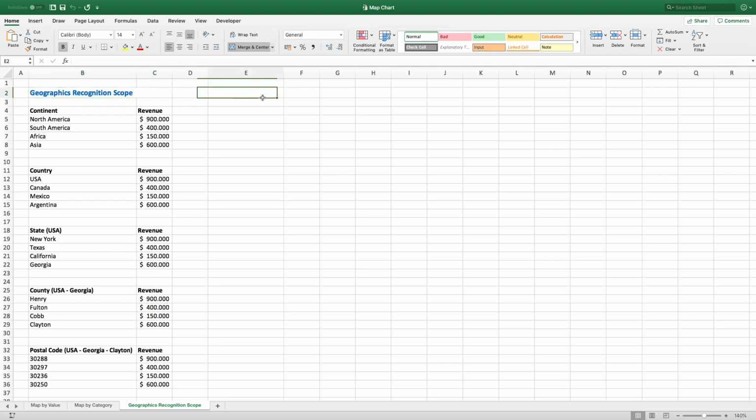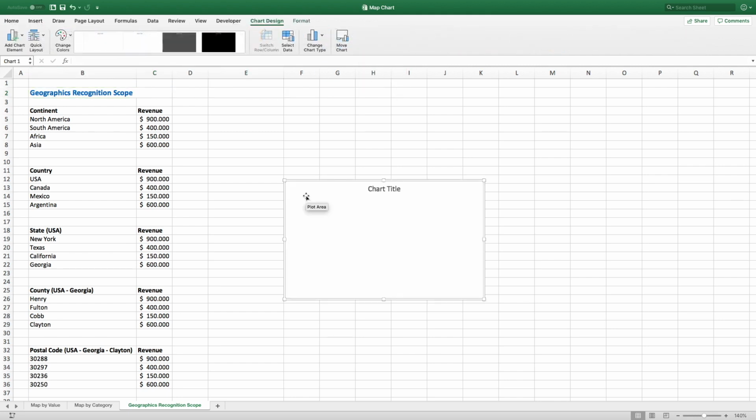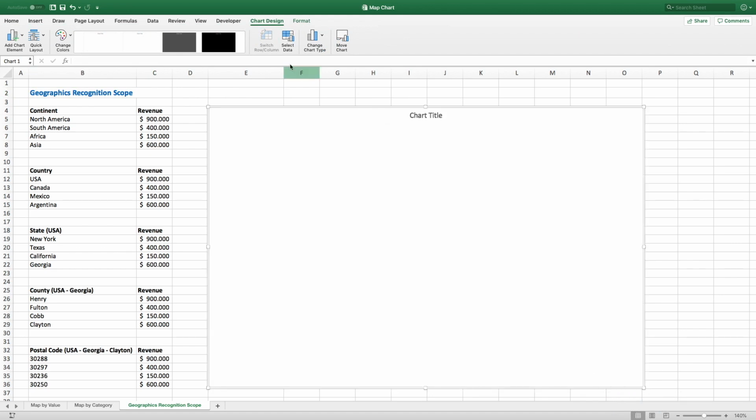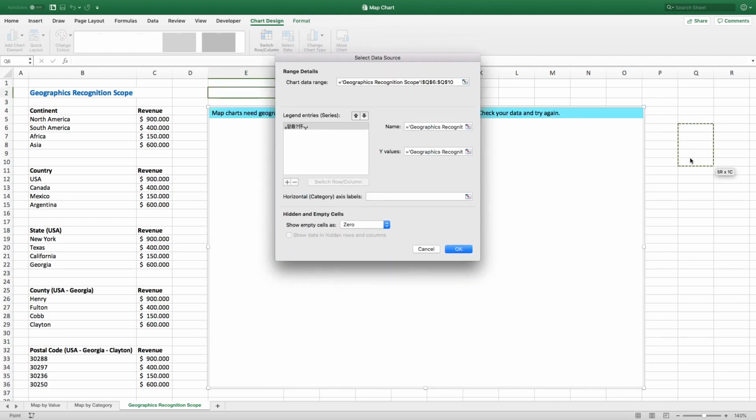Hopefully, right? So let's test it. So let's start by inserting an empty map chart. So no data selected, and make it a bit bigger. And now the first thing we want to do is select data and just select some empty cells to show